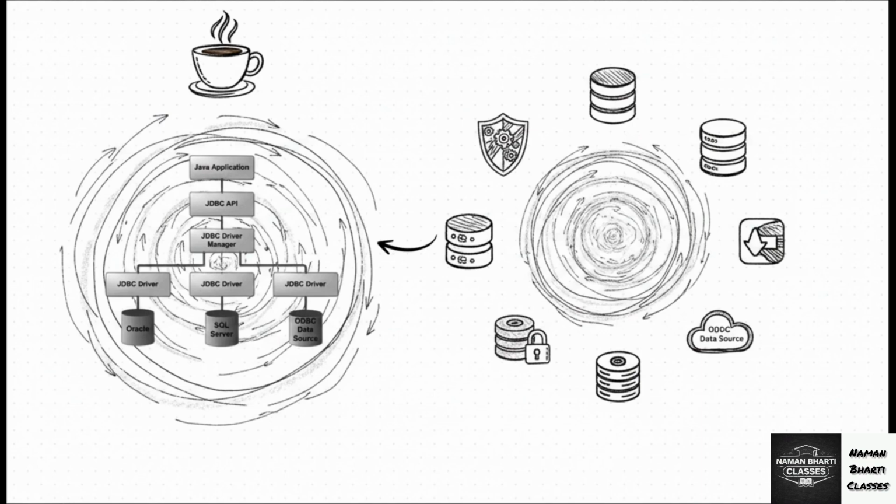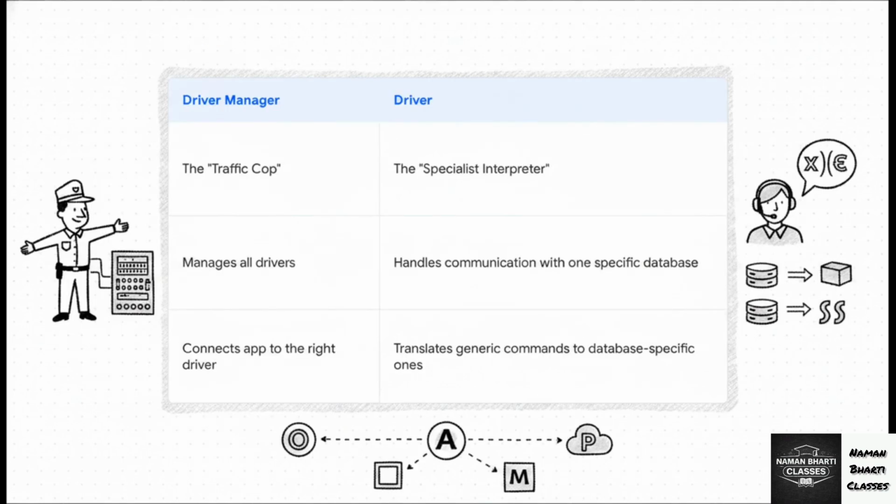And the driver manager's job is to figure out exactly which translator, or driver, it needs for the specific database you're trying to reach. Think of it this way. The driver manager is like the traffic cop. It knows about all the different database drivers available and directs the traffic. And the driver itself, that's the specialist interpreter. So when your app says, hey, I need to talk to Oracle, the driver manager, the traffic cop, points you to the Oracle driver. And that driver knows exactly how to translate your standard commands into the specific dialect that